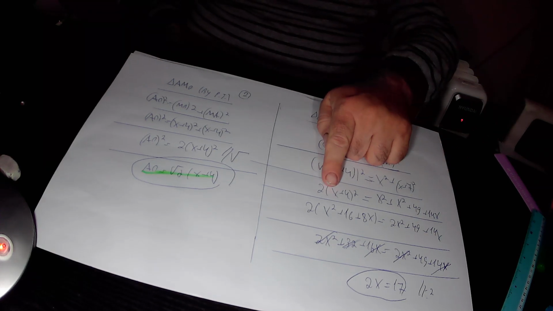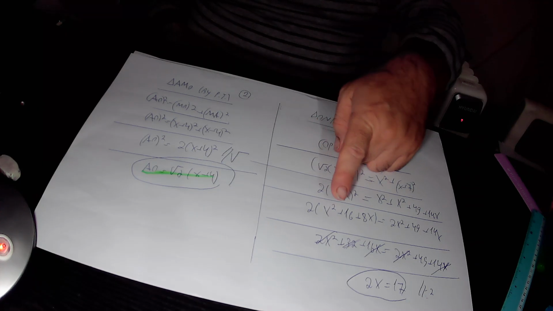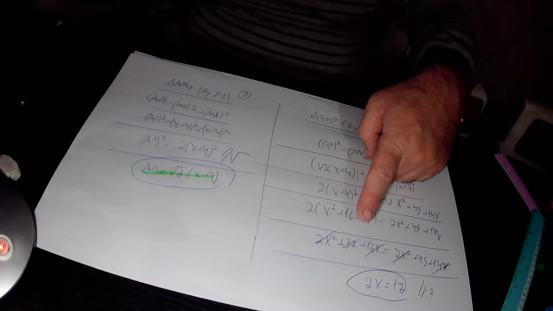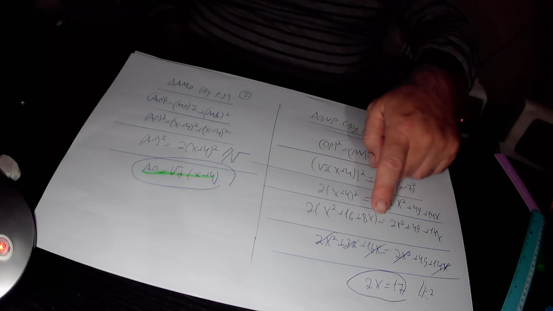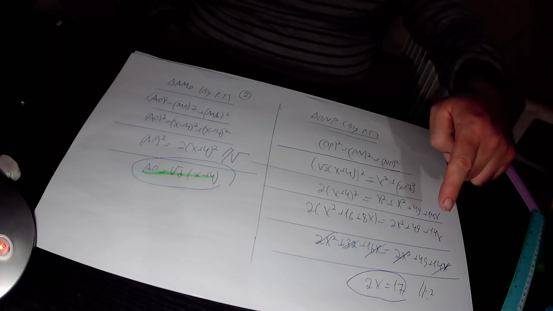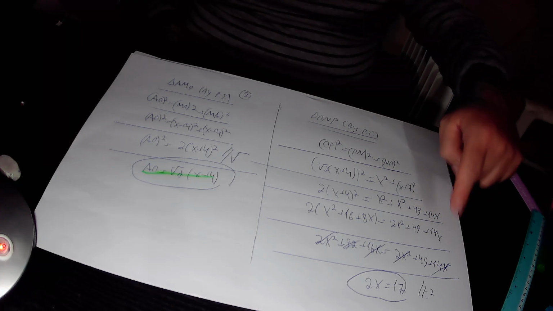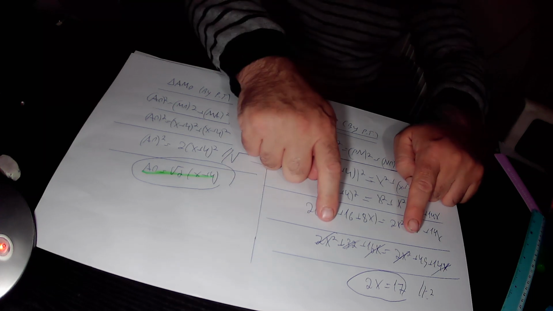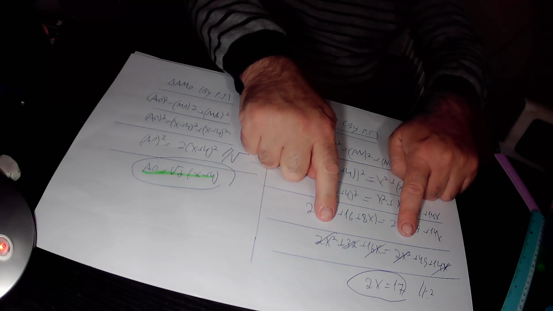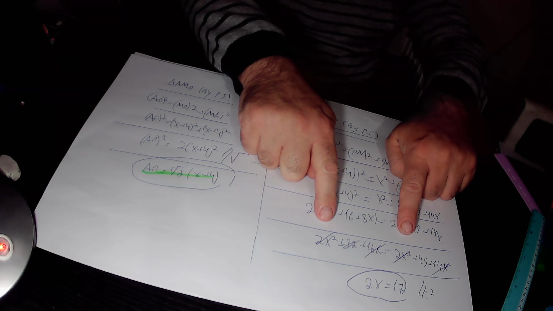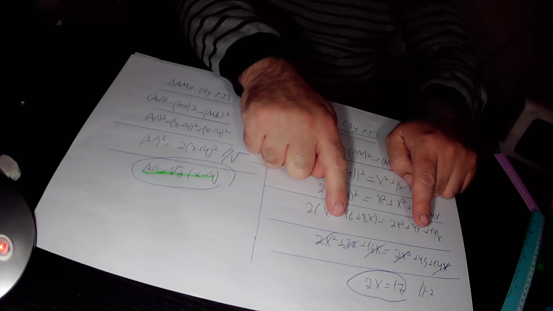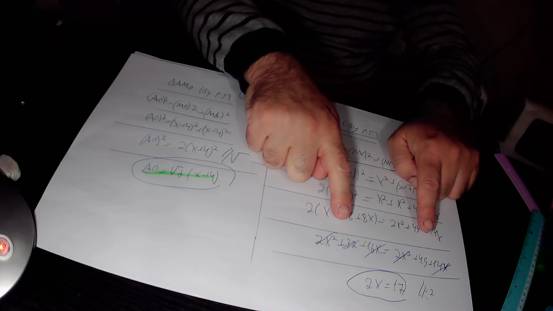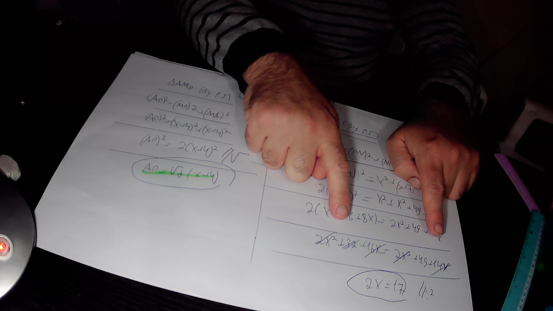We open the brackets of this expression, so 2 times x squared is 2x squared, plus 2 times 16 is 32, plus 2 times 8x is 16x, and it equals 2x squared plus 49 plus 14x. We have 2x squared on both sides of this equation, so we cancel 2x squared. We have only 32 plus 16x equals 49 plus 14x. Here we subtract 14x from this equation, and find out that